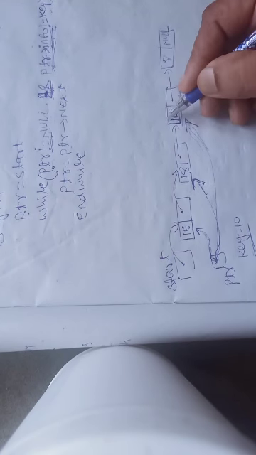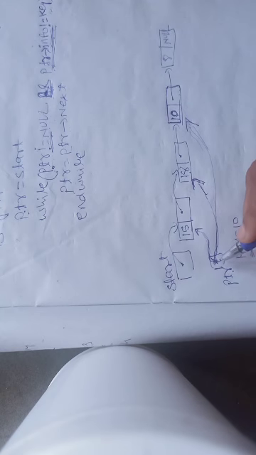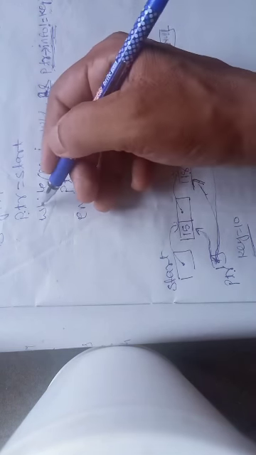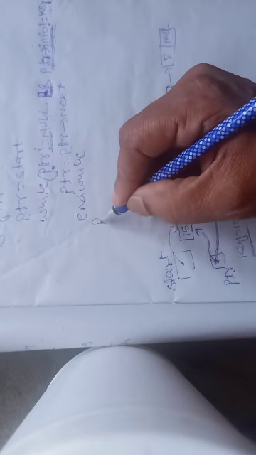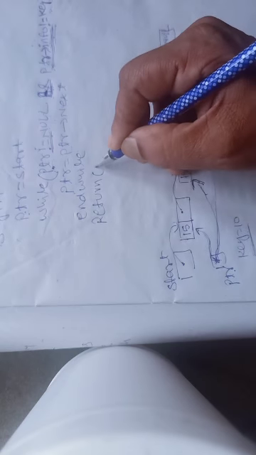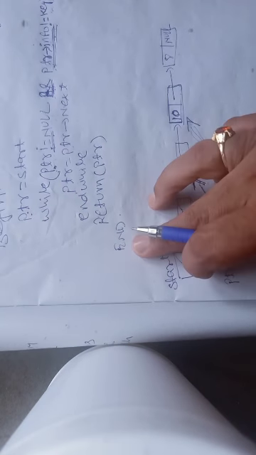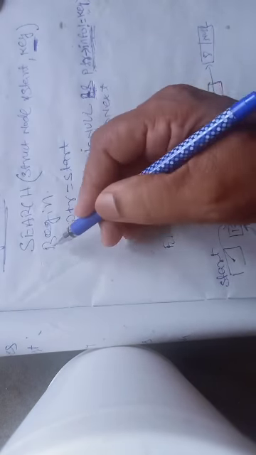My value is found at this particular location, and the address of this location is stored in PTR. So PTR is not null, and my search is successful. Once I come out of the loop, I'll simply return PTR, or I can give a message after checking that PTR is not null, so our search is successful. Then I'll write end. So this is the end of my algorithm, from begin to end.